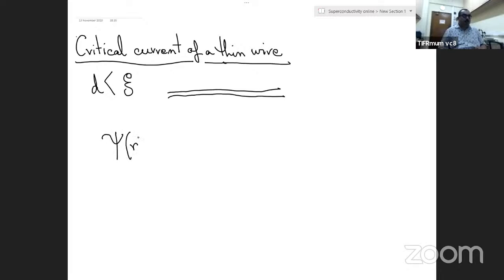And as I told you earlier, since the amplitude of the order parameter is much more difficult to apply a twist to, we can assume that the twist is actually on the theta. So in that case,